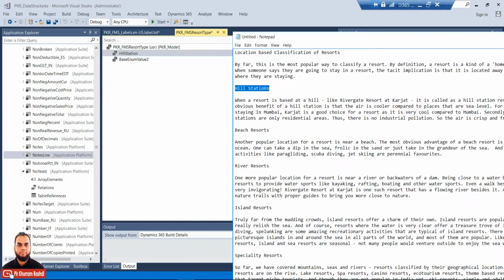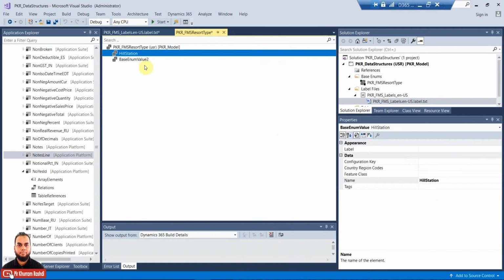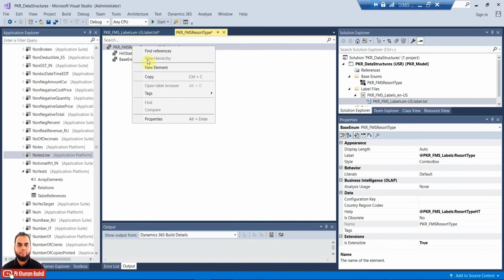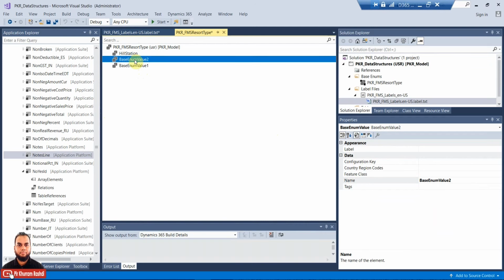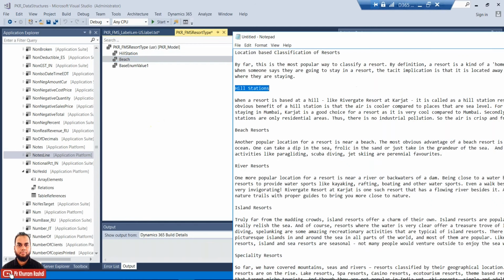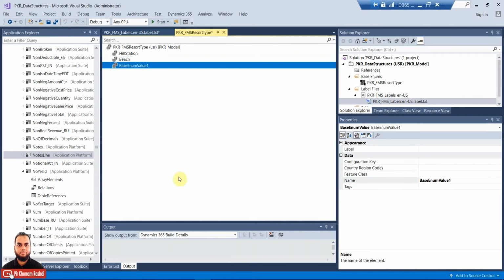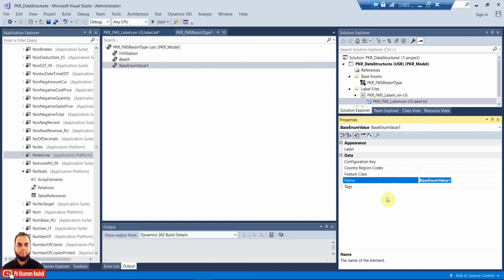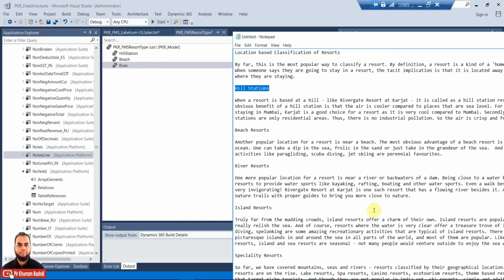So let me enter here beach resort. Just let me give it beach, and then river. These names need to be without space, because they can be wrapped in the code itself.